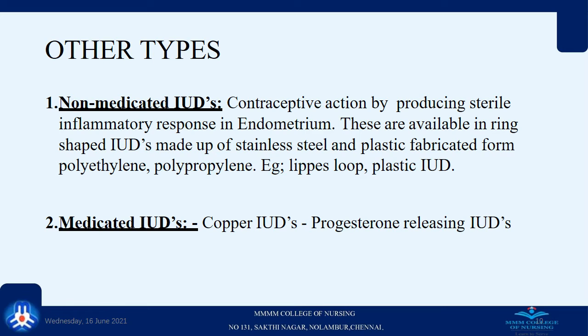It either retards the sperm mobility, so they fail to reach the egg, or produces a spermicidal effect that kills the sperm. So this is about non-medicated IUD. Whereas in case of medicated IUD, it contains progesterone releasing IUDs. This medicated intrauterine device releases certain hormones which alter the hormonal balance inside the woman's body, and it avoids conception. So the hormones produced here will prevent the pregnancy. So this is about the other two types of intrauterine devices.